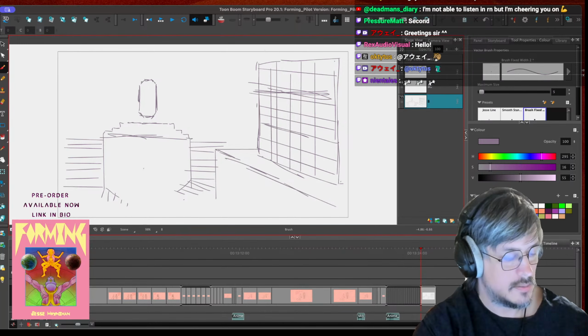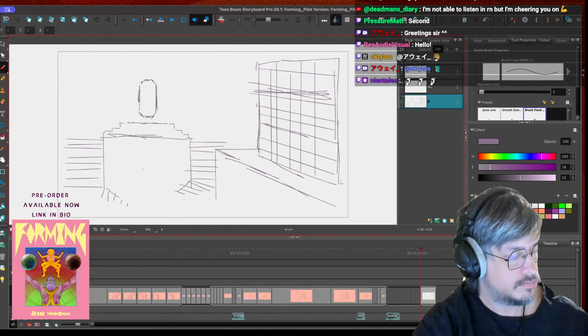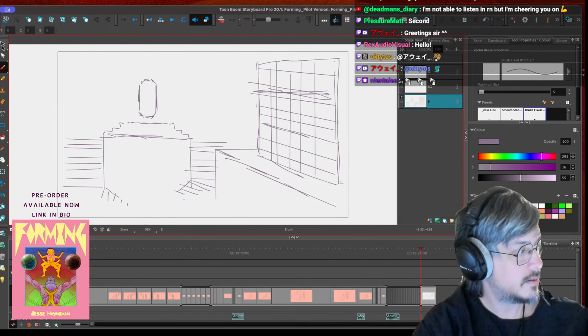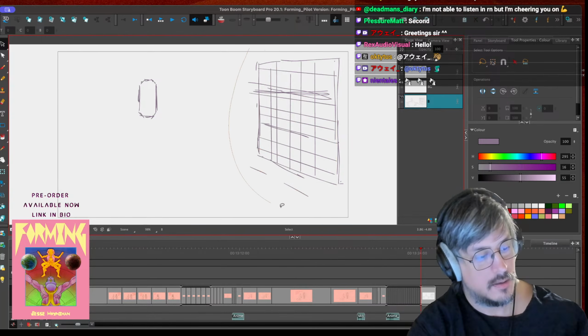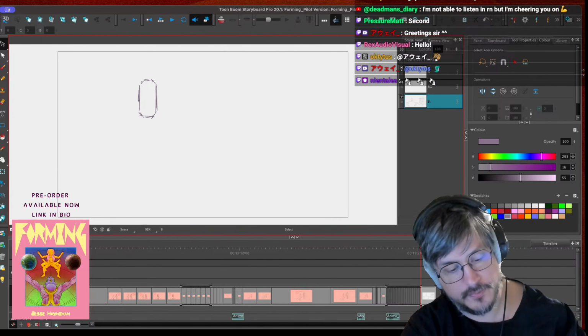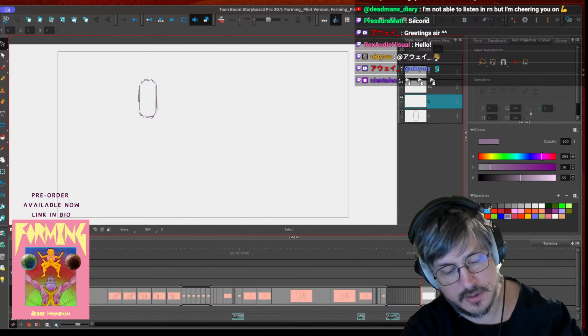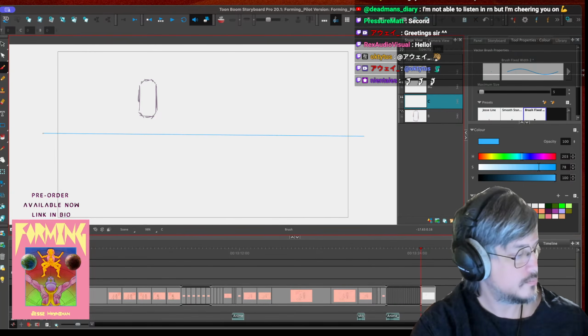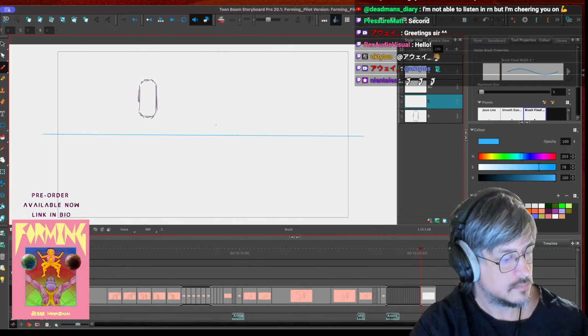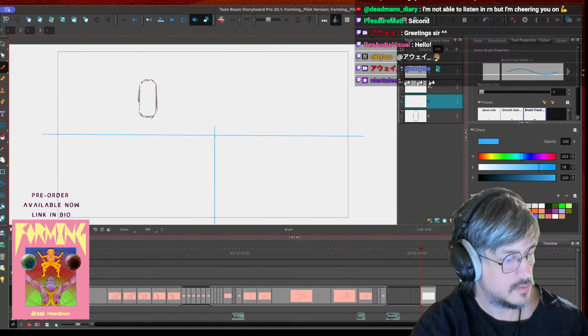That doesn't look right. Maybe I need to figure out the perspective first. Alright, let's figure out the perspective. At least give me something. Do I want to do one point perspective?